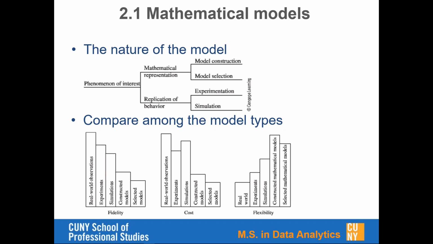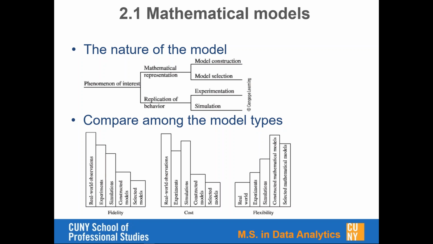Let's look at flexibility first, which is on the rightmost hand. In terms of flexibility, real-world experiment is really low. It doesn't have a lot of ways. If I do an experiment, I cannot repeat it very easily. But if you have simulation, you can repeat it rather easily, and even with the math model, it's much easier to rerun. However, on the other end, in terms of cost, in the middle, you can say